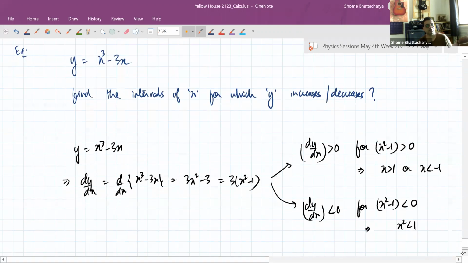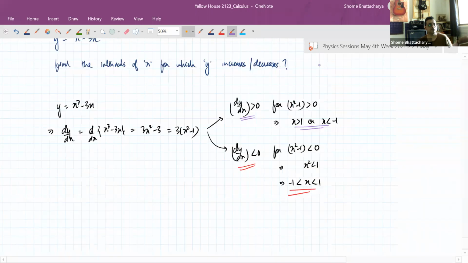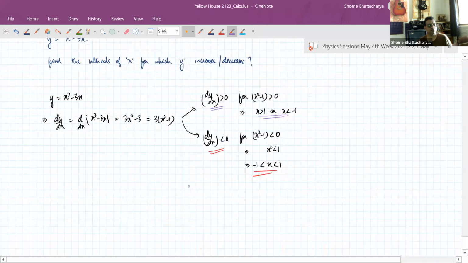Okay. So that means for x being greater than minus 1 and less than 1. So ultimately, this is the interval where the rate of change is negative, right? And this is the interval where the rate of change is positive. So what we can tell about the function, therefore, is that the function is such that